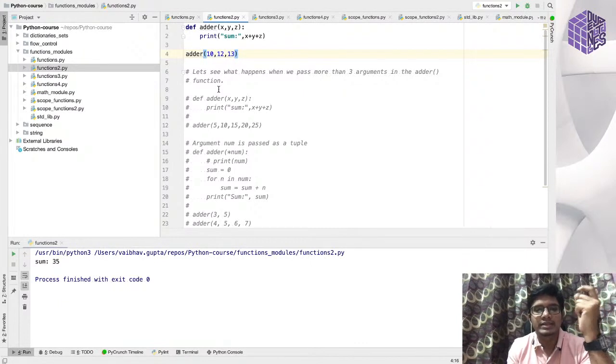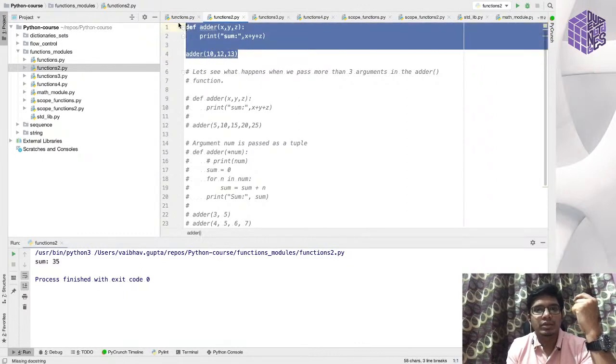But say you want to pass multiple arguments, and the caller doesn't know how many. If you hard code it like xyz, then the caller has to pass exactly three arguments. Say I'm calling your function or using your API, and I want to pass more than three arguments, or just two arguments. In that case, what we need to do is,